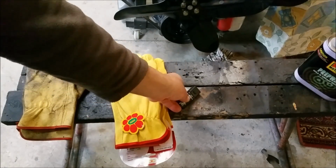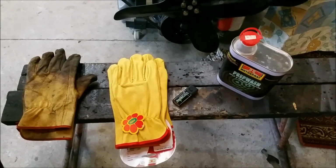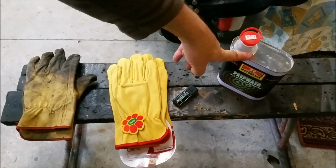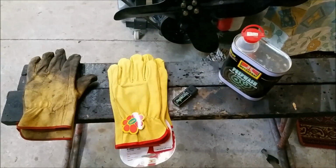That was, I think, $9. And also Prepsol. Now, everyone uses Prepsol. Wax and grease remover, if you like. If you keep your can and get it refilled through Milsom's, it's a bit under $4 just to get that refilled. But I'll need more of that, obviously, when I start doing the